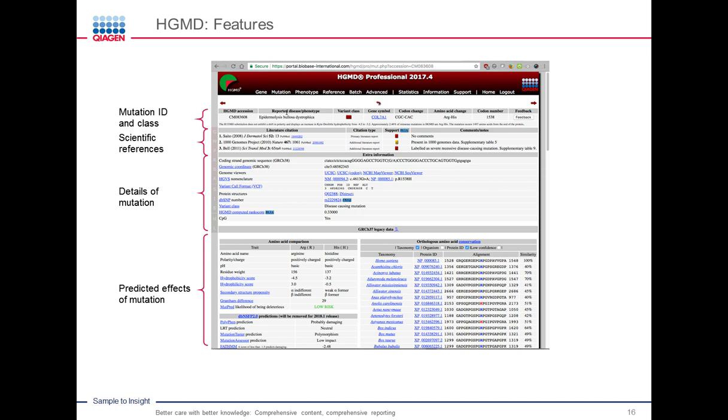And when you do a search, you come up with a list of mutations, and when you drill into an individual mutation, you get information such as mutation ID, the class of the mutation, a list of the scientific references, and a link out to the publication so that you can actually read the scientific article, details of the mutation, as well as predicted effects based on in silico predictors, as well as orthologous mutations that are in other organisms.